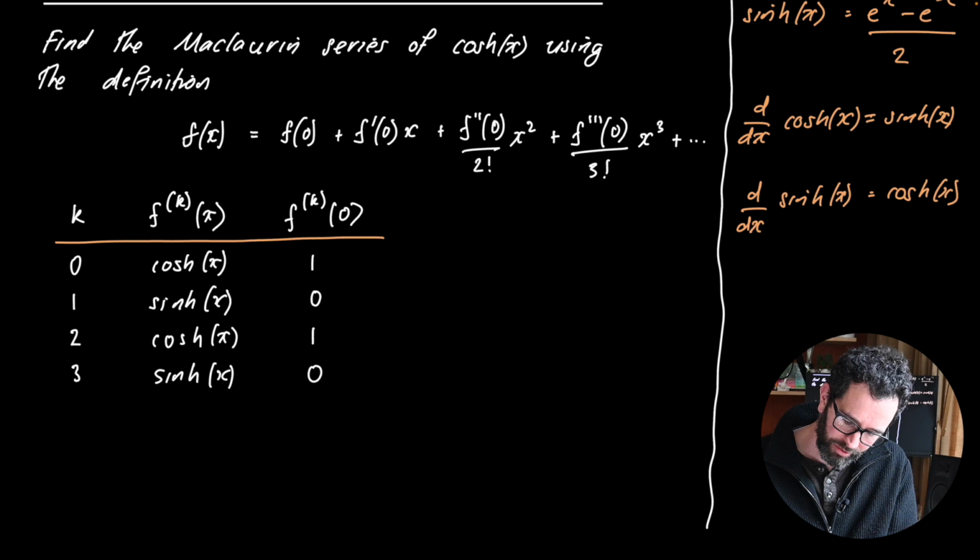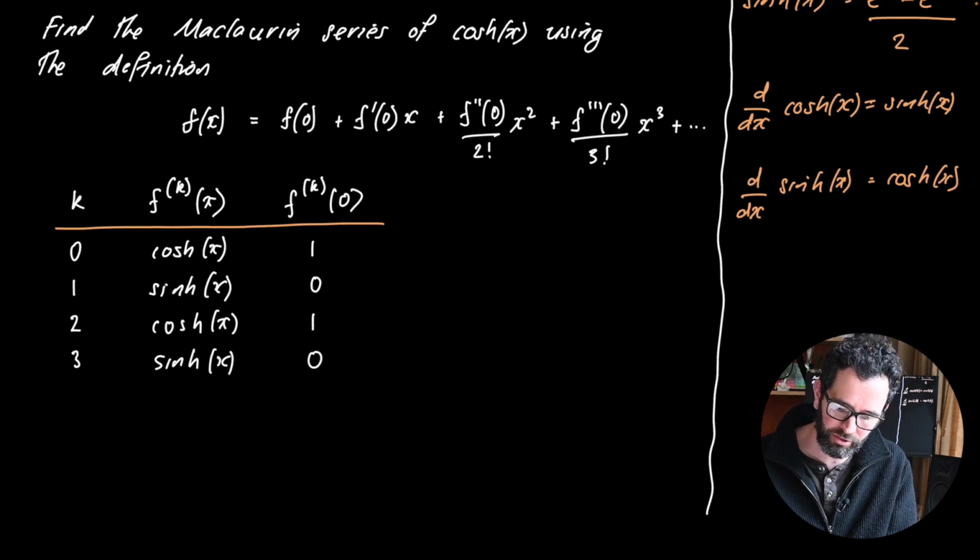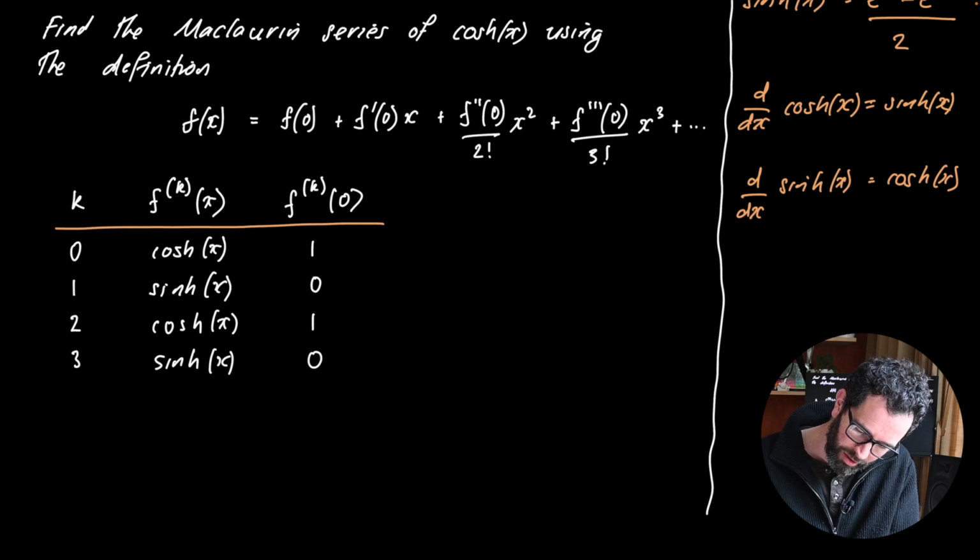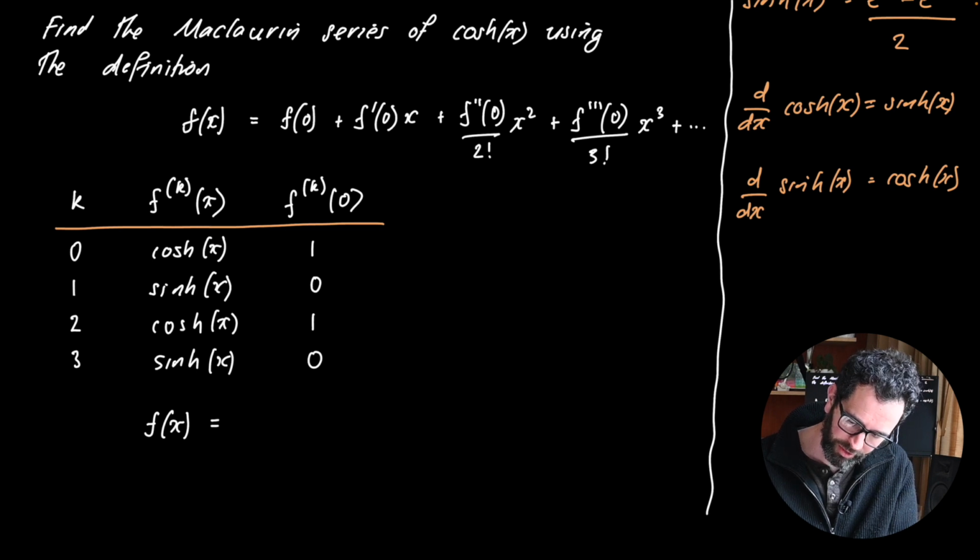So therefore our Maclaurin series, remember Maclaurin series is just a Taylor series where we're at 0. I haven't written down the Taylor series definition, but it's just similar to our Maclaurin series one here. So we're going to have, let's just see if we can write it out and put the terms in. Our function is going to be f of x is equal to f of 0. Yep, we got that. F of 0 is just 1